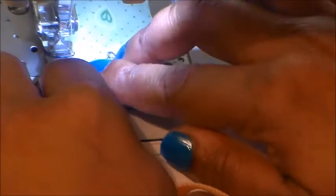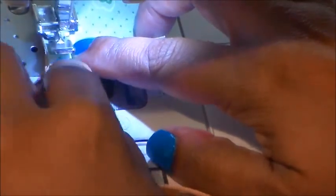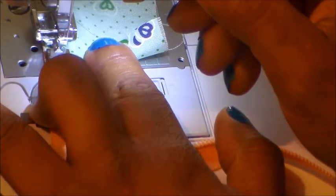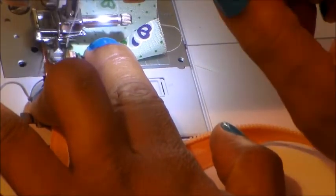One more thing I need to tell you before I finish the zipper. We don't want to sew all the way to the end. What we want to do is, when we get to the end, we're going to fold this in. Actually, you could have folded that in when you pinned it down. Fold that in to enclose the raw edge, and then sew all the way down. So let me get that line back up. Lower my presser foot, and then sew all the way to the edge, and then back tack it. I think that's the proper name for that. And then I'm done,